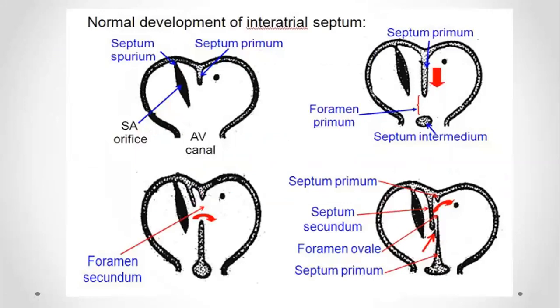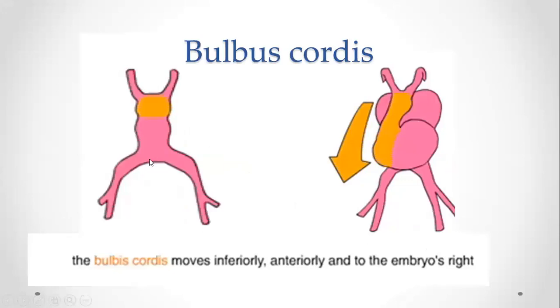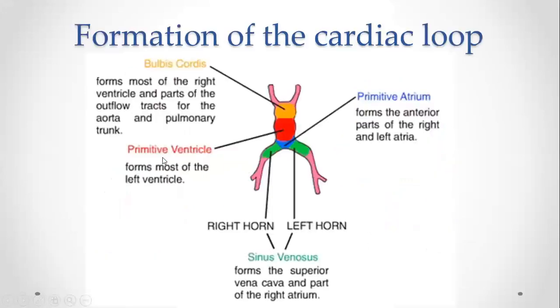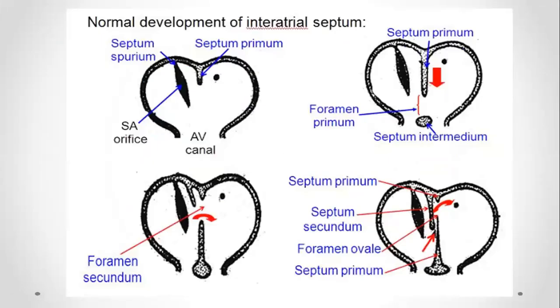Now going further, the atria. Now we are studying the atrium. You can see the atrium behind; they have gone behind. How are they one chamber? From here the atrium will be developing. This is the primitive atrium. It is a single chamber. Now how does it get separated into right and left chambers? If you see here, this is the atrium. So this is the normal development of the atrium.